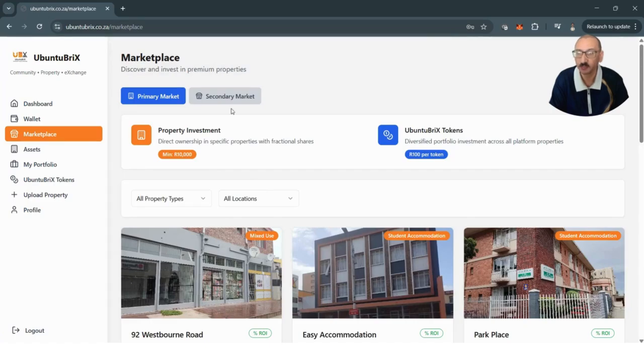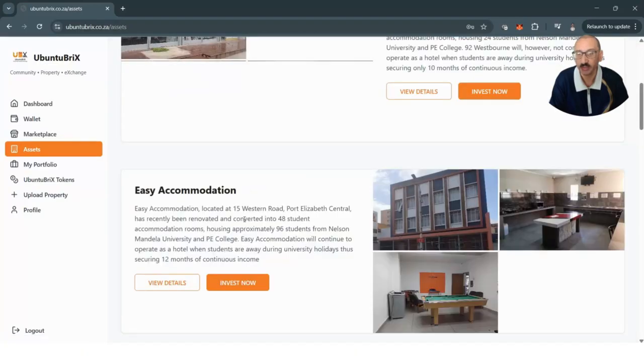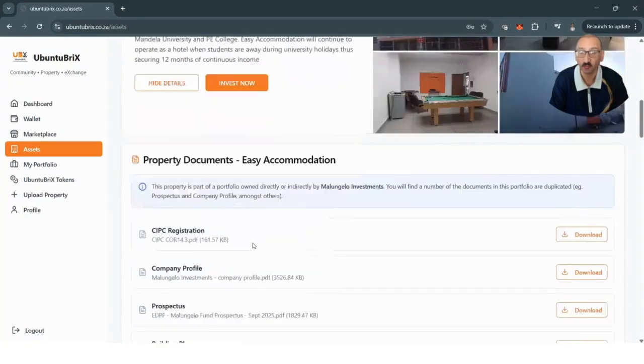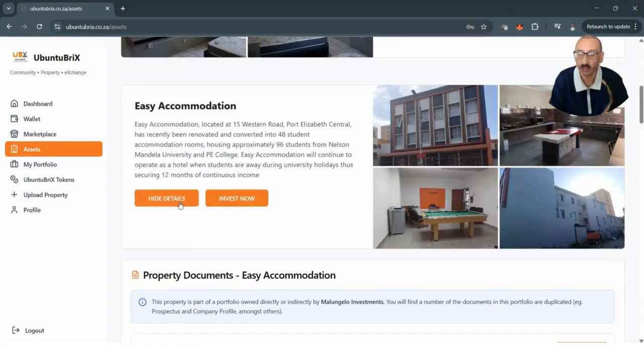Then you can go to the marketplace. You've got a primary marketplace and a secondary marketplace. The primary marketplace is where all the properties are loaded. You'll see that we've already raised about 22 million of the 45 we require. So you'll be able to there look at the properties